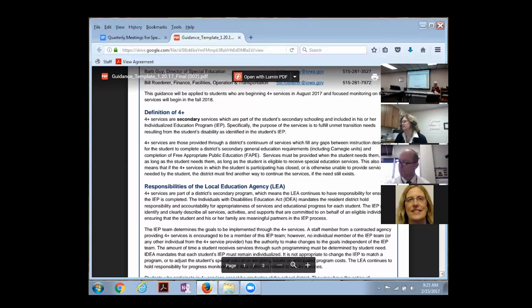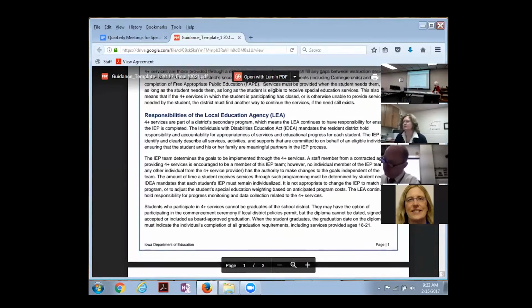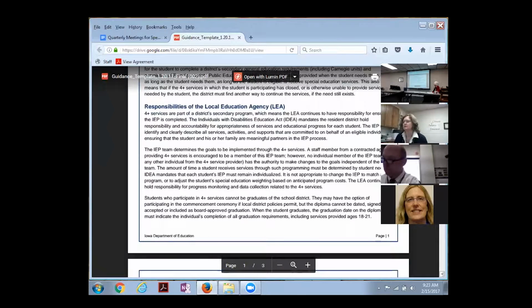And like I said, I can't reiterate the fact that it is a total IEP team decision when discussing 4+ programs and if there are unmet transition needs. Responsibilities of the local educational agency: 4+ services are part of a district's secondary program, and the LEA has the responsibility for making sure the IEP is completed. The IEP team, when discussing 4+ programs, determines the goals that need to be implemented through the 4+